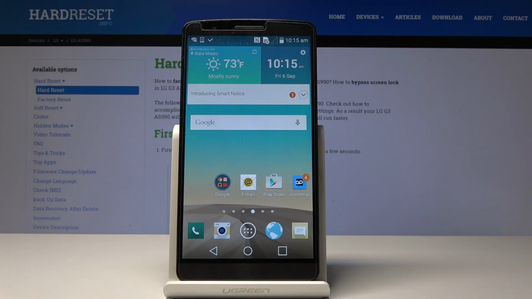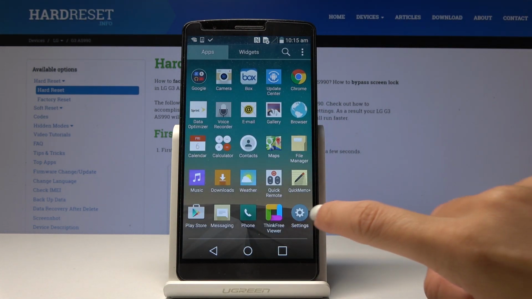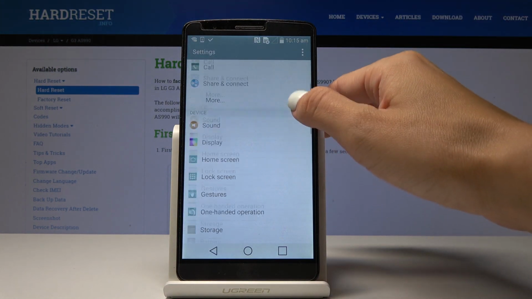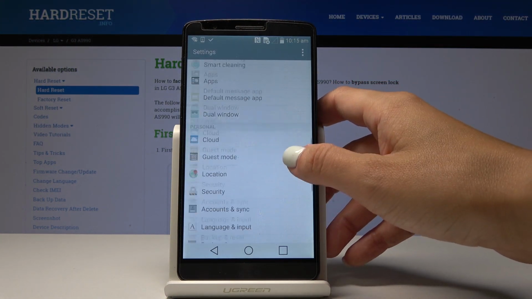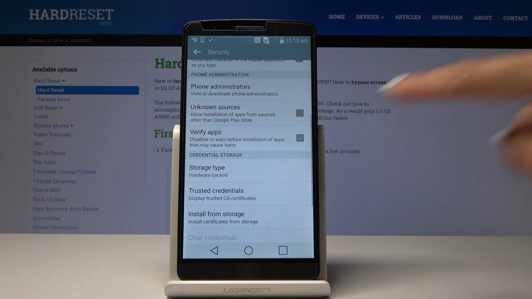LG, and let me show you how to install apps from unknown sources on the following device. So at first you have to open a list of all applications, then find and pick the settings, then scroll down, find and select security, which is under personal, then scroll down one more time and here you will notice